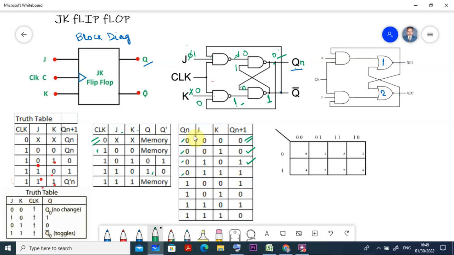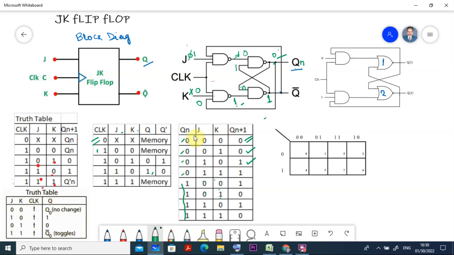Then next, I take q1 is equal to 1, there are also 4 possibilities: 0 0, 0 1, 1 0 and 1 1. If you go on doing all this exercise, you will find that when the previous state output is equal to 0 and j is equal to 0 and k is equal to 0, the new state output becomes 0, and all the outputs you can compute in a similar fashion.